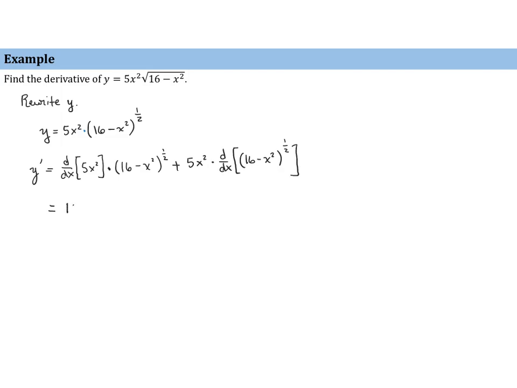So we obtain 10x times (16 minus x squared) to the 1/2 plus 5x squared